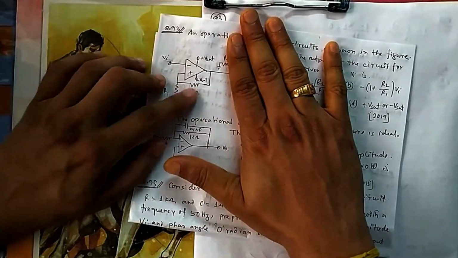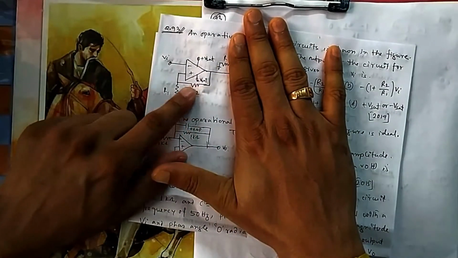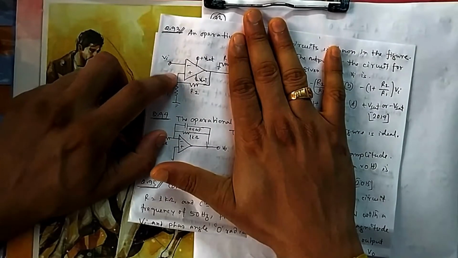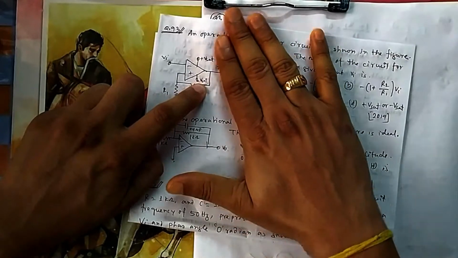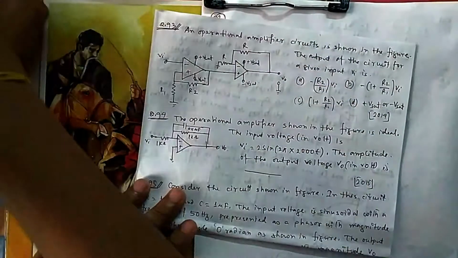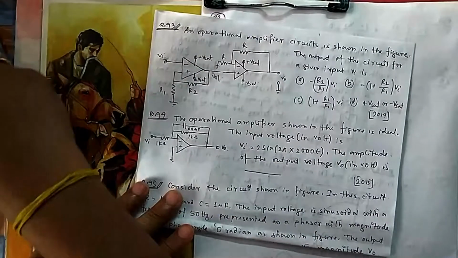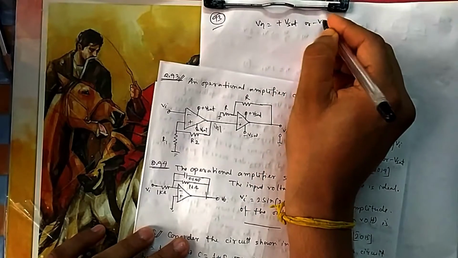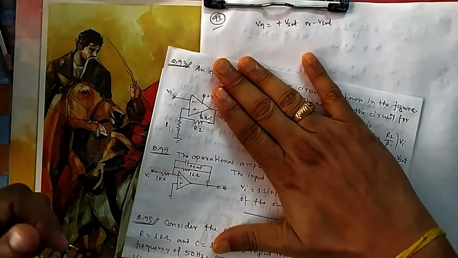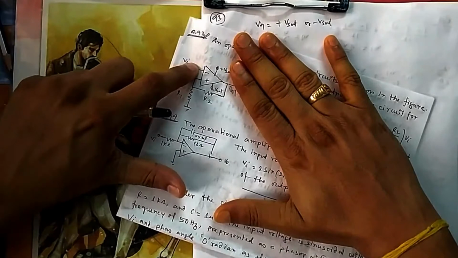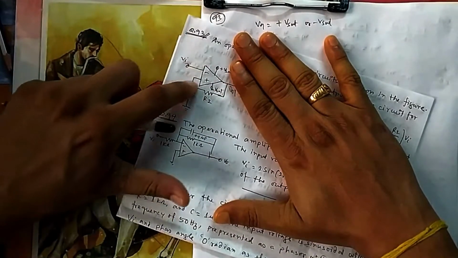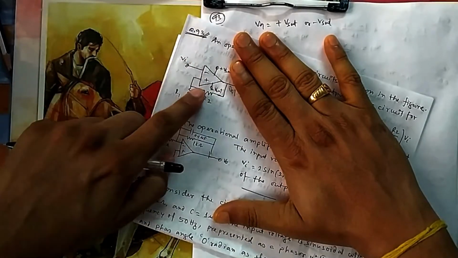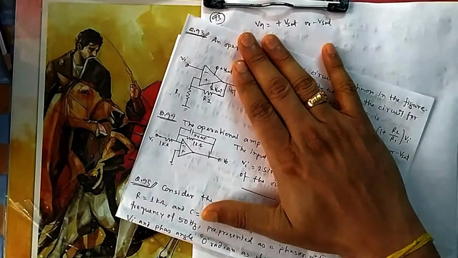Whatever output you are giving, V output. So this is a comparator, which means it will be either plus V set or minus V set. That's what I have shown. So this output V02, suppose V01, because it is a comparator, will be either plus V set or minus V set. Forget about this. Because it is not negative feedback, it is just a comparator. You have given a small portion of the output, then it will compare these two. If it is higher, then it will go to the minus side. If it is higher the other way, then it will go to the plus side. Okay, this one we know.